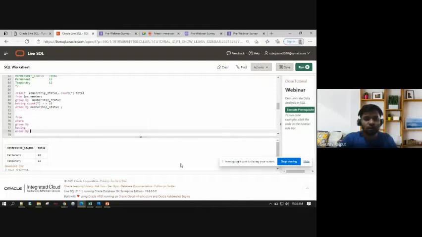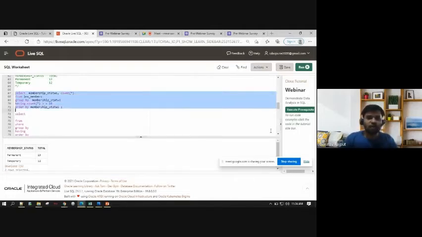So an order by clause is helping you to order the result set. And then finally the select clause helps you display the output. For example, here I'm saying count star. Had I not written total, it would have just displayed count star. Writing total is called an alias for a column. It just gives a meaningful name to your output, so that when you give this output to anybody, he will understand, okay, membership status and the total is 13.